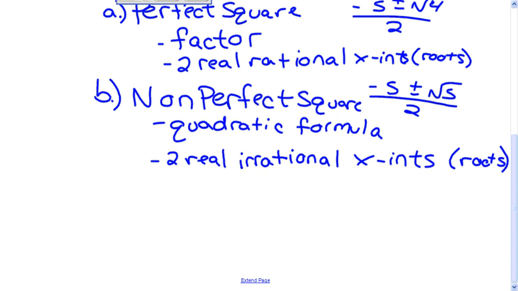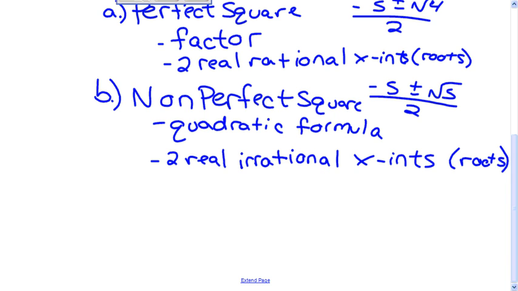So those are the 3 different types of discriminants you can have, and then whether or not or how you figure them out. If you can factor them, go through that process. It's definitely a little bit quicker along the way. If you can't factor it, if it's not a perfect square, you are going to have to do the quadratic formula. So let's look at